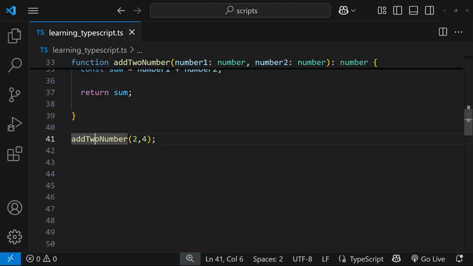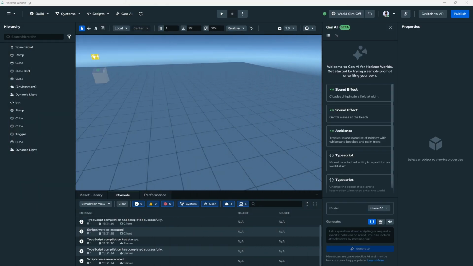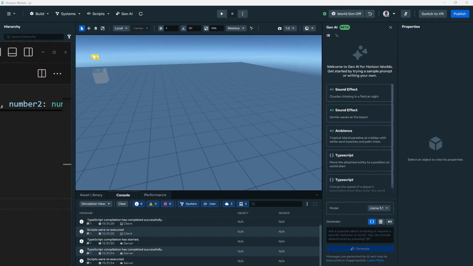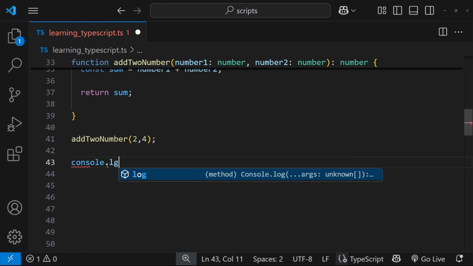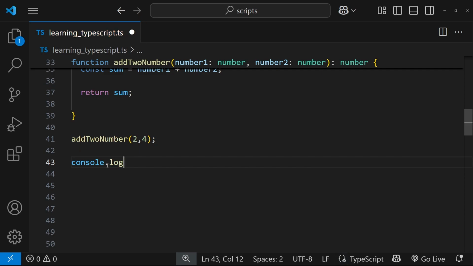Finally, let's make sure that our function works. So to test our function, we're basically gonna print the output of this function to the console in the terminal over here, down at the bottom. So let's go back to Visual Studio, and TypeScript has a built-in function that allows us to print stuff over there to the console. So let's start by writing console.log, and then we're gonna open two brackets and then end with a semicolon,